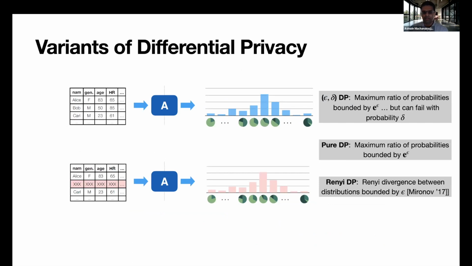For example, the standard notion of differential privacy, which you might have heard of, is pure DP, pure differential privacy, where you're looking at the two distributions of outputs generated from these neighboring databases, and you want to ensure that the maximum ratio of these probabilities is bounded. So you look at any one output possibility, and you want to say that the ratio of the probability of that output under the real world versus the opt-out world is bounded by e to the epsilon.